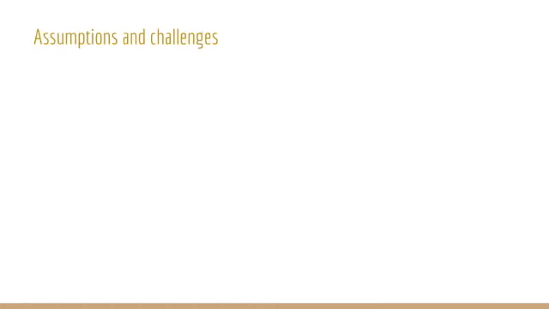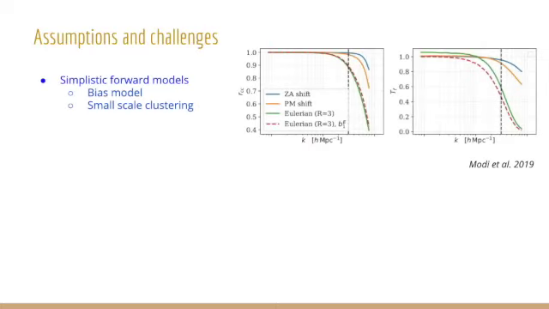Right. So there are obviously other applications, but in the interest of time, I'll move on to assumptions and challenges that generally go in any of this framework. So the first thing that this depends on is what is your forward model. Most of these studies use either simple neural network or a bias model as your forward model to observe these tracers, but that has limited validity.